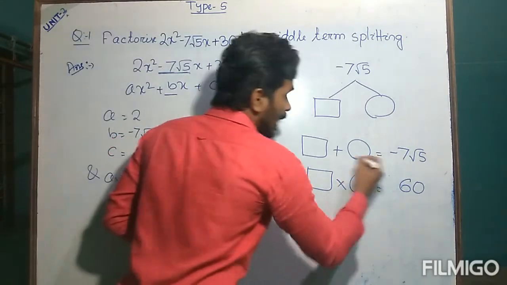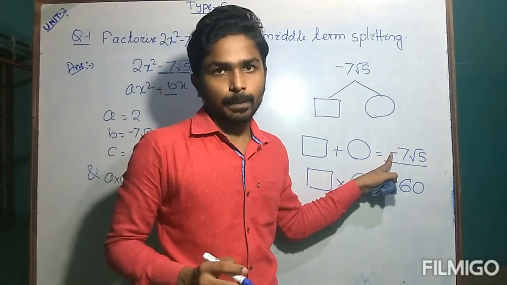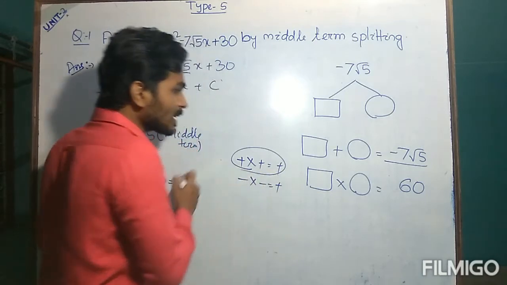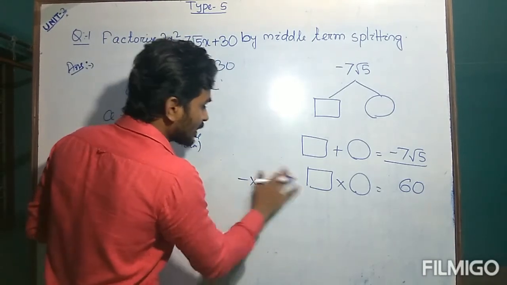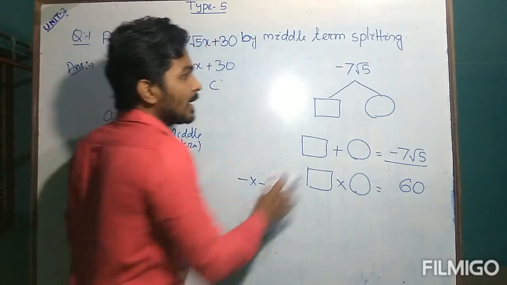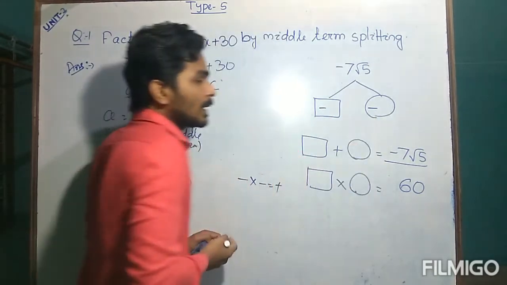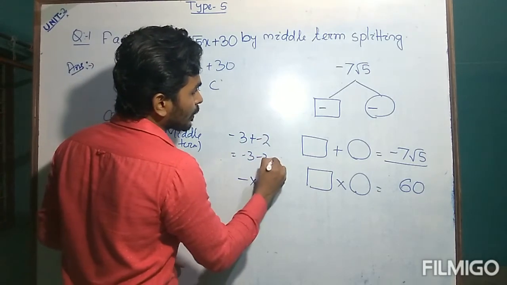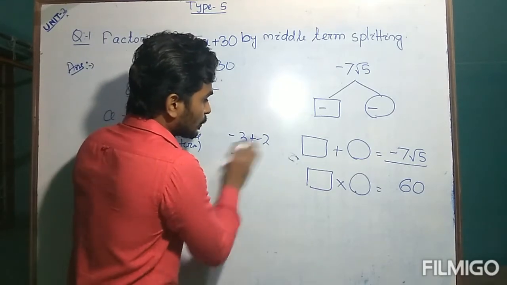But in the addition part, here we see a negative sign. And how can we get a negative sign? We know two positive signs give a positive sign, so that is cancelled. So the remaining is negative and negative. It means these two numbers must be negative and negative, because two negative numbers are added to give a negative number.